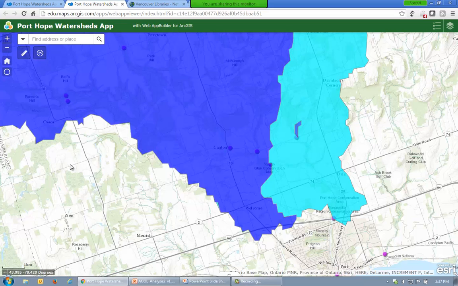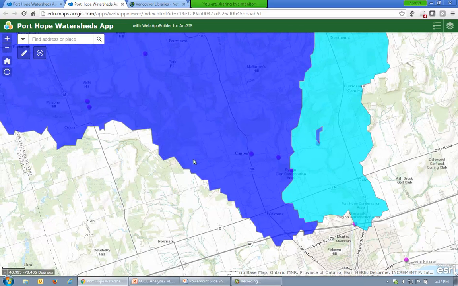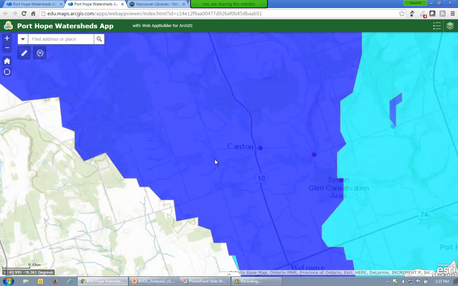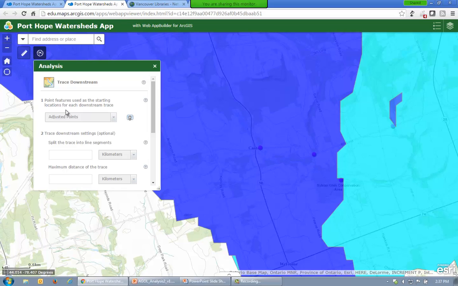So now let's say that I'm analyzing these watersheds, and I want to view the flow locations, the flow directions for a point within one of the watersheds that I'm interested in. So I'll click this point button on the screen, and this allows me to drop a custom point on the map. In ArcGIS Online, we've been creating features based on layers on the map, but within the tools as well, we can create layers based on arbitrary points. So I'll create a point there, and